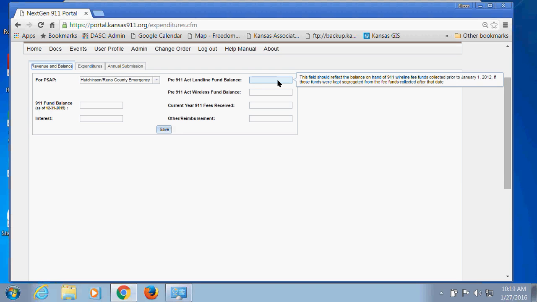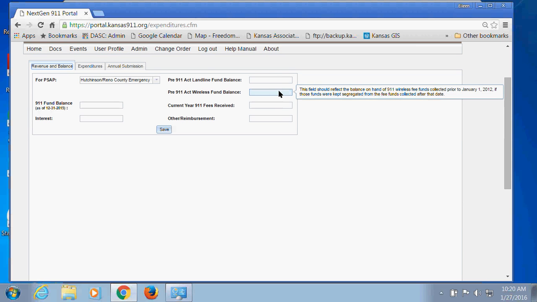If you lumped all that money into the same account, so after January 1st you just started depositing that money in with the money you already had on hand, then you don't have any pre-911 Act money. But if you kept those separate, you enter your fund balances for the pre-911 Act landline and pre-911 Act wireless in that second box, and then your current year's receipts